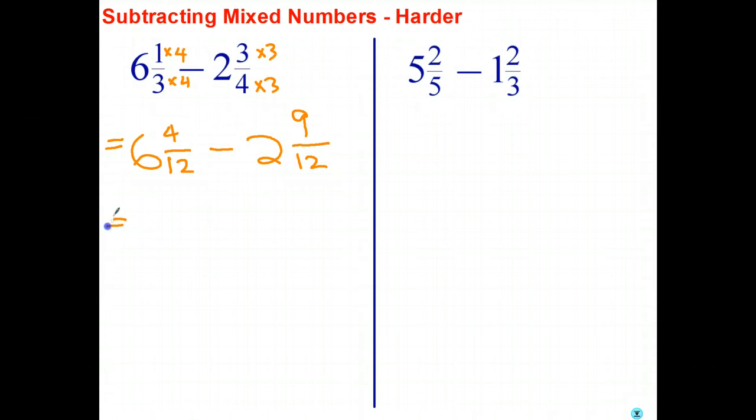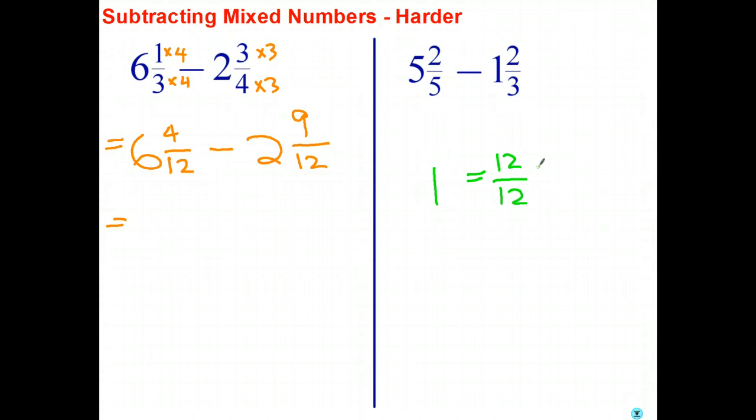And here's the problem. 6 minus 2, that's okay, but 4 twelfths subtract 9 twelfths, unless we want to end up with a negative number of twelfths, which we don't, we can't subtract it as it is. So here's the secret. I need to borrow 1 whole from the 6. Now 1 whole, written as twelfths, let's just come over here and do it, then we'll erase it. 1 whole, written as twelfths,